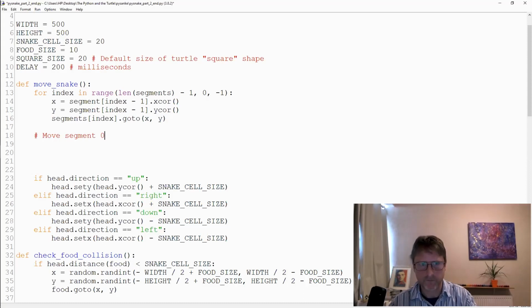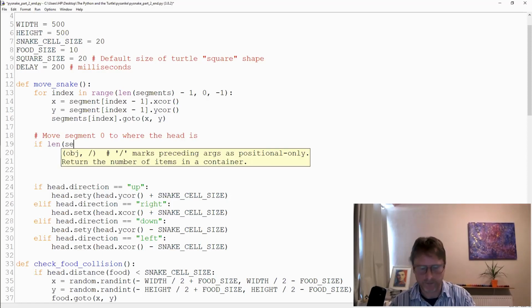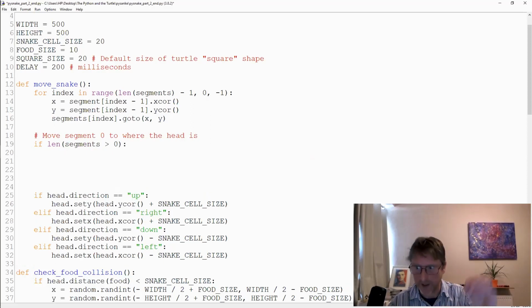Move segment 0 to where the head was, or where the head is, because we haven't moved the head yet. So if len of segments is greater than 0, so that means if there is any body at all to the snake rather than just being a head, that means there is going to be a cell just before the head and we have to deal with that. So if the length of segments, that should be outside,